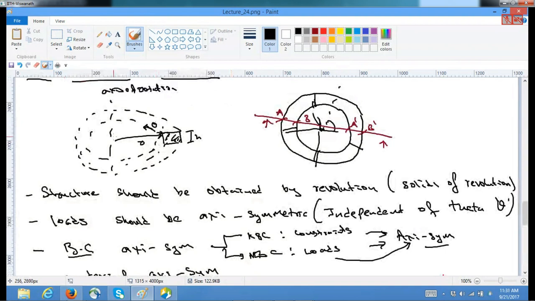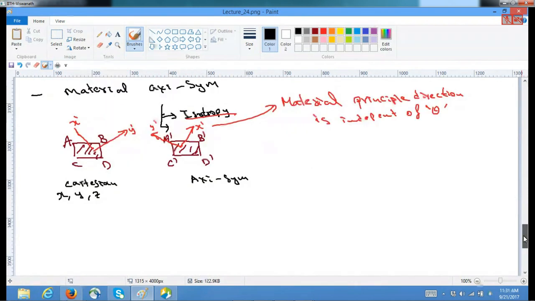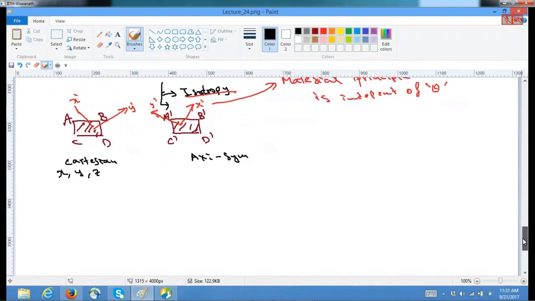So it is better sometimes to write equations in r, theta, z. So in axisymmetric problems, we will try to use cylindrical coordinate system like this, r theta z, rather than Cartesian system, and